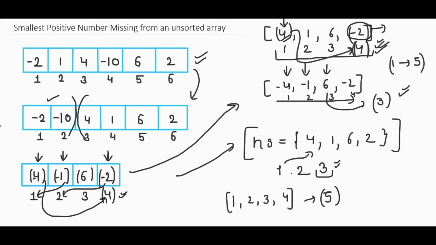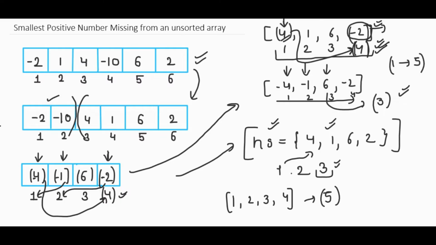Okay, so this is same as the hash set approach. What we were doing there is, we were adding the element in the hash set. Instead of this, what I am doing is, I am making the element present at that index as the negative. So we can get an idea that this element is already present, so it can't be an answer. Okay, so let's make it a little clear.